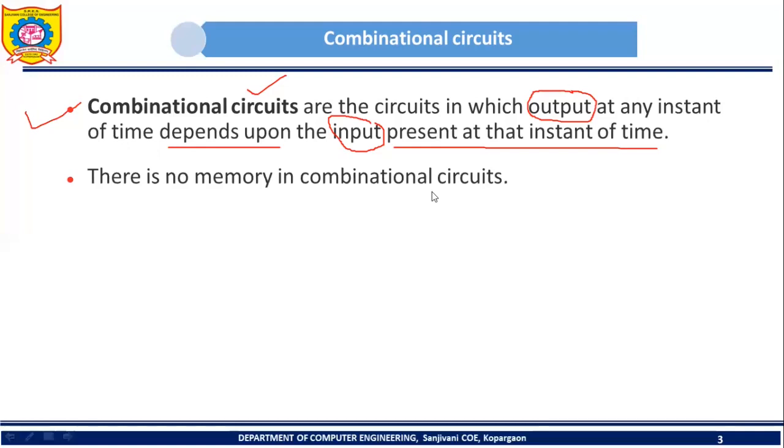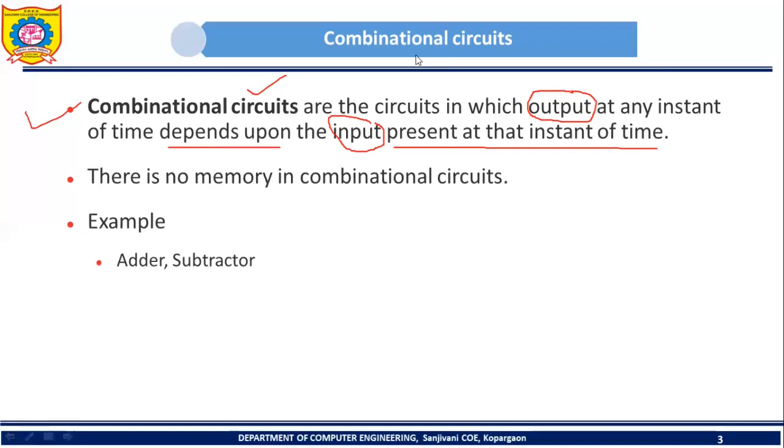So when we will discuss sequential circuit, then you will come to know that in sequential circuit we make use of memory, but that memory is not required in combinational circuit. Now example. So example of combinational circuit are adder, subtractor. So we are going to discuss this adder, subtractor in detail, how to design this adder, how to design subtractor. Now the name itself indicates what adder will do. Adder will perform addition of two numbers. So this adder, subtractor are example of combinational circuit.